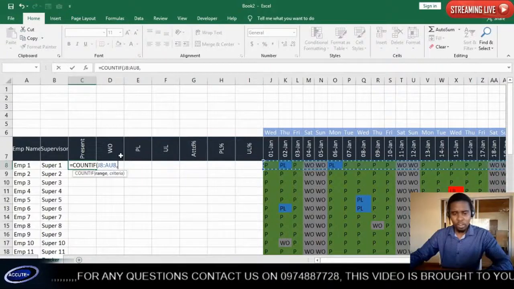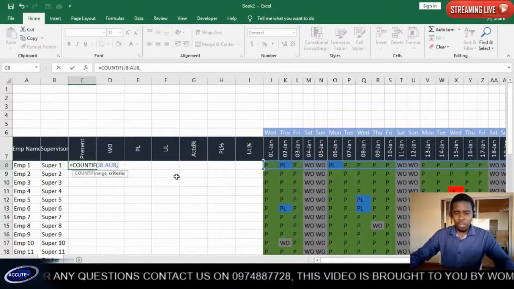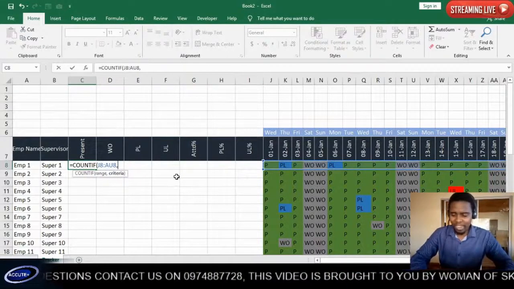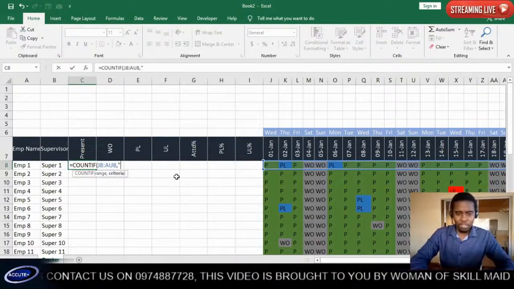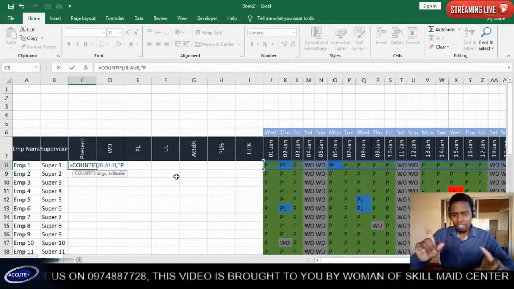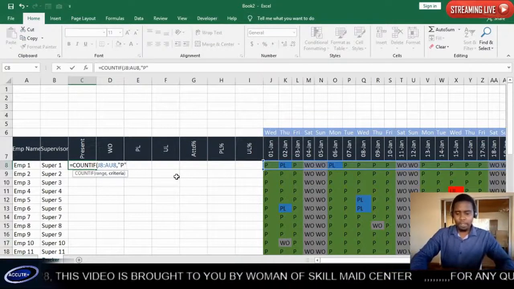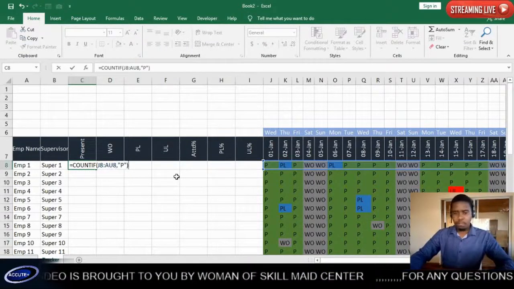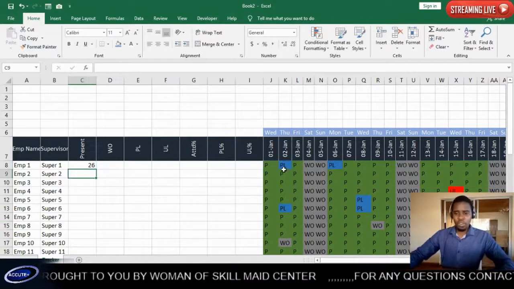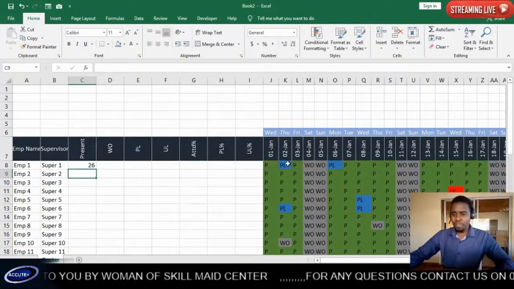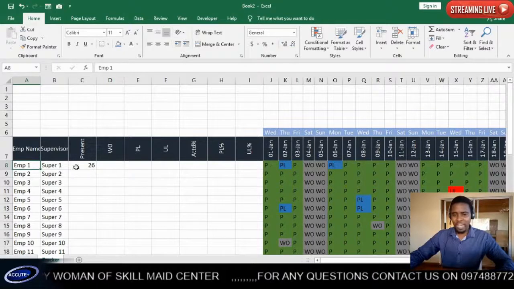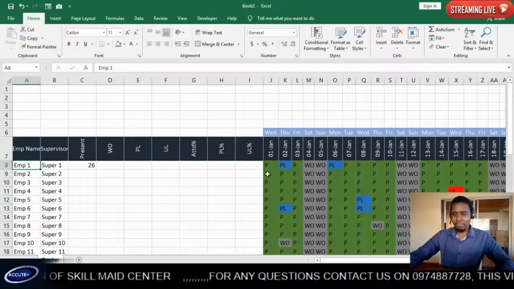So we can say comma. The criteria that we're using is that it should contain P. So double quotation. Remember, when you're putting a text in your formula, always put it in double quotation. Okay, press enter. So now we know that this employee has been present 26 times in